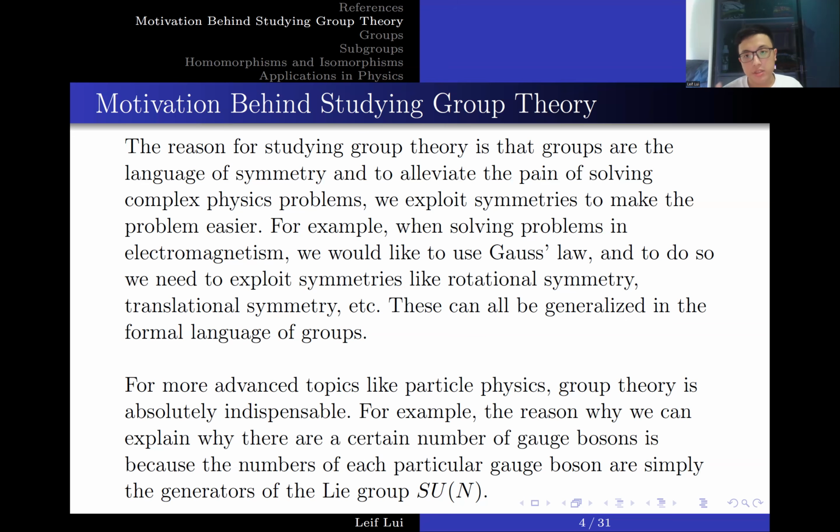But what is interesting is this is not the only group. So basically, you know that there are other particles like fermions. For fermions, we know that there are many types of fermions, but they're generated by a completely different type of group, which is namely the SO groups, the special orthogonal groups. So the special orthogonal groups tell us how many fermions there are of each class.